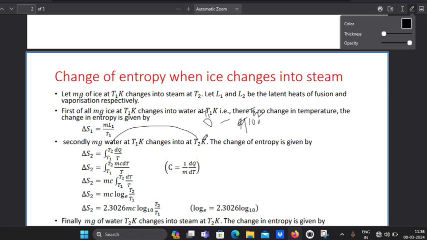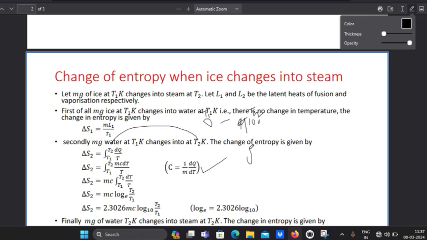For this we should not use the latent heat formula. For this we have to use the specific heat formula. That specific heat formula is this one. Okay friends, specific heat formula we should use. So before that, the entropy formula. Entropy is what? dq by dt. Okay, just now I told you in the previous video,